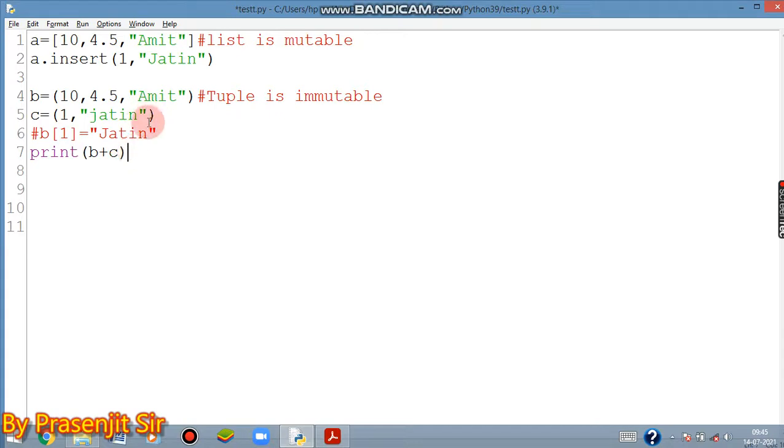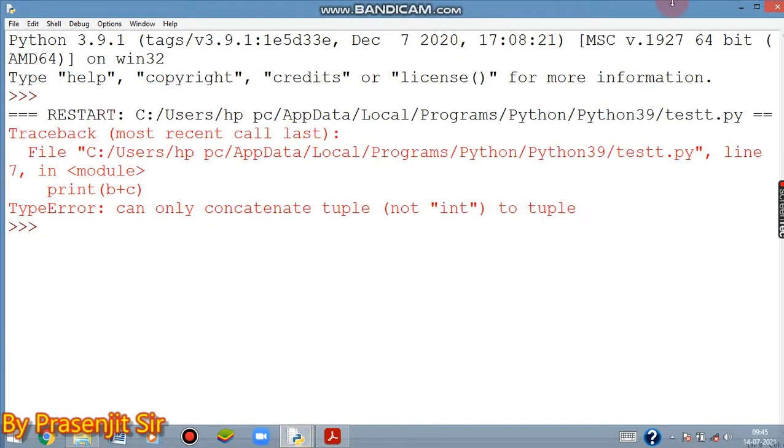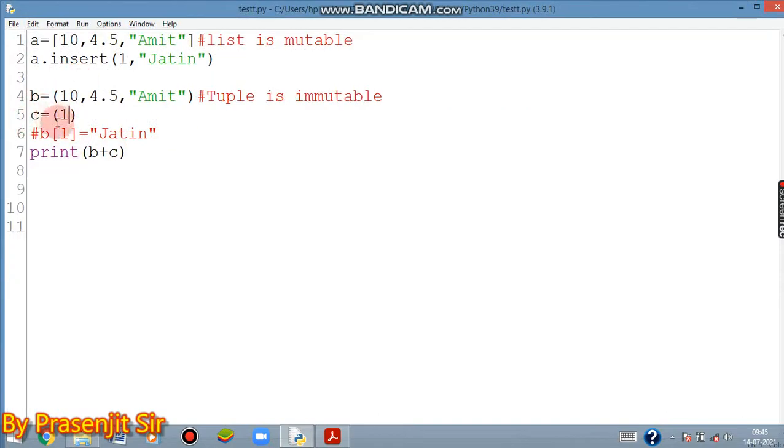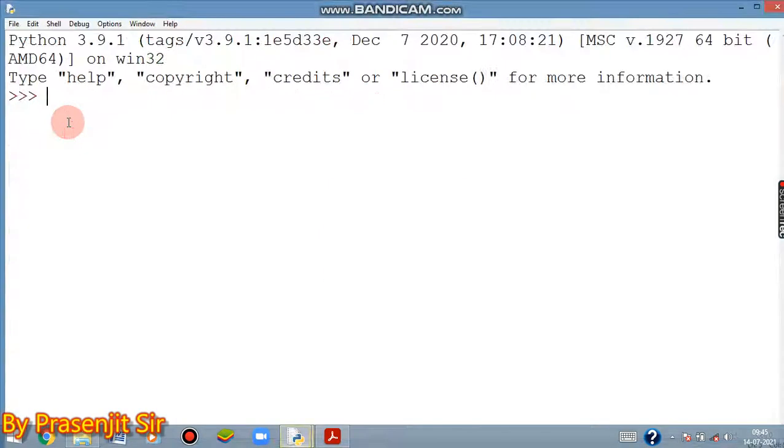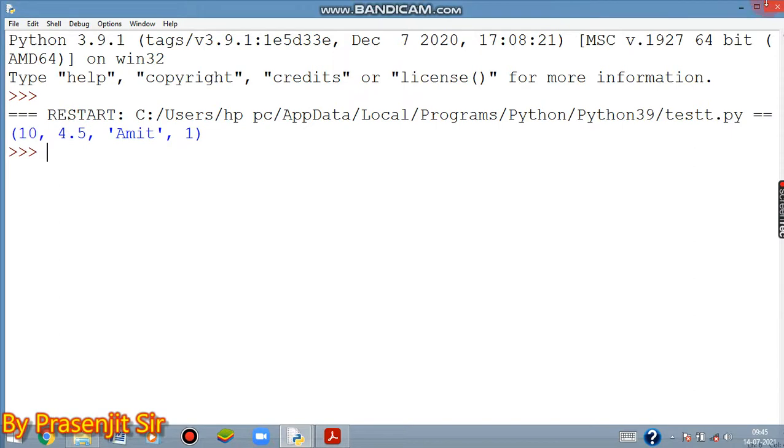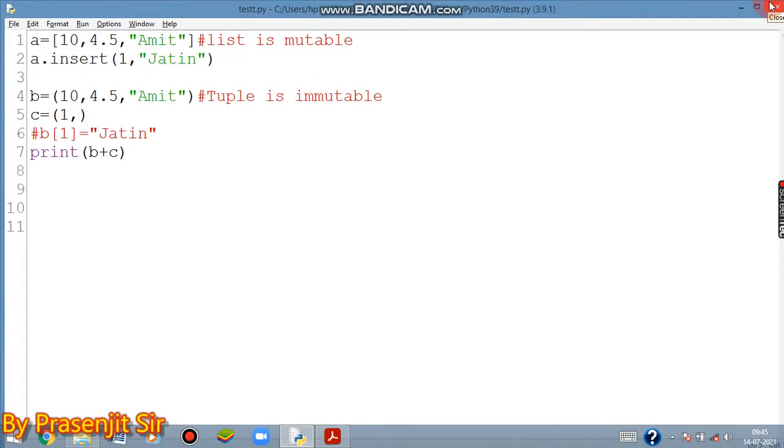Let's try it yourself. If you want a single value in a tuple, you just write it and give one comma, otherwise it will not act as a tuple. If you do not give this comma, it will show an error. Look, a single value cannot be a tuple. Now it is just a value. If I give just one comma, it will take the value as a tuple. Look, it's taken. So you have noted lots of things in this class.